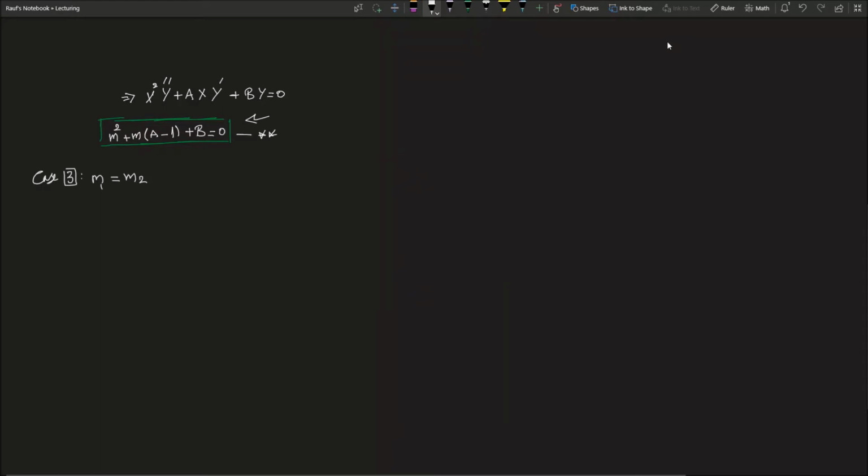In that case, you say that y1 equals x to the power of m1, and y2 will equal u multiplied by y1, and you define u to equal the integration of v dx, and v equals 1 divided by y1 squared multiplied by e to the power of minus the integration of p of x